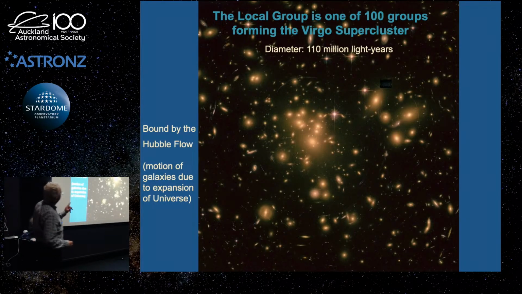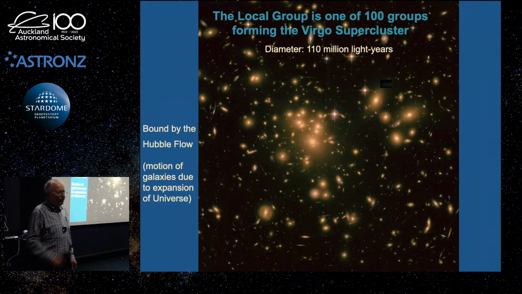An interesting little feature about superclusters, they are not bound by gravity. They're bound to what we call the Hubble flow, which is just the natural flow of the motion of galaxies through the universe due to the expansion. The universe is just expanding, not to be confused with the expansion of dark energy. This is just the coasting outwards from the original period, what we call inflation, when the universe went through an initial period of rapid growth, and there's just a coasting effect. So that's what they call the Hubble effect, and it's that effect that keeps superclusters together.